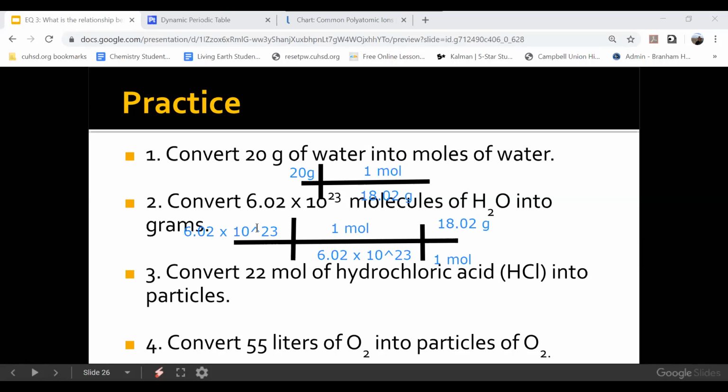It is literally going to be 18.02 because you cross out these. So in this case, we cross out our units and we're left with grams, and that's going to give us our final product. These same ones, you do the same kind of setups. You're just starting with moles, ending with it. And so these are just going to be some practices for you to do. Other than that,